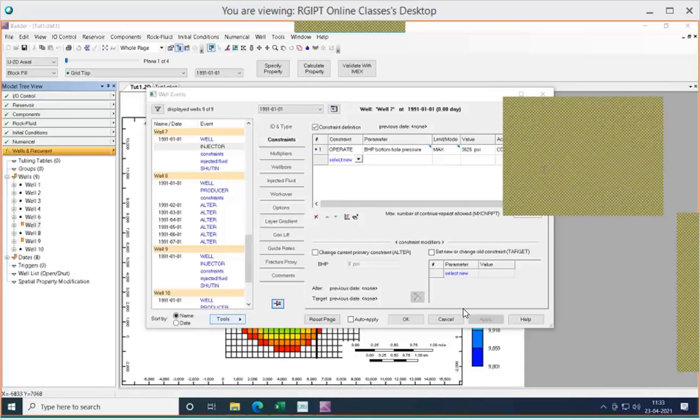Sir, can we choose polymer added water instead of just water? Sure, and you are going to have a tutorial on polymer flood as well.